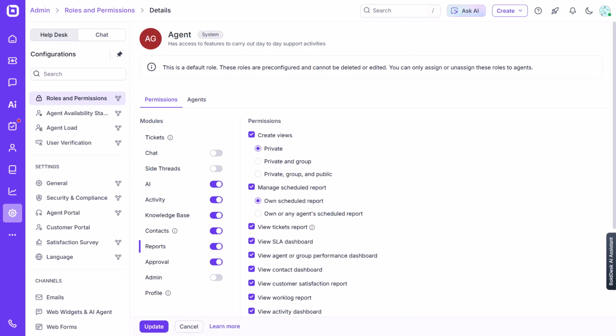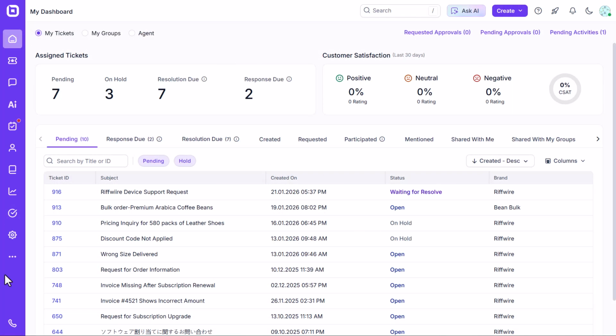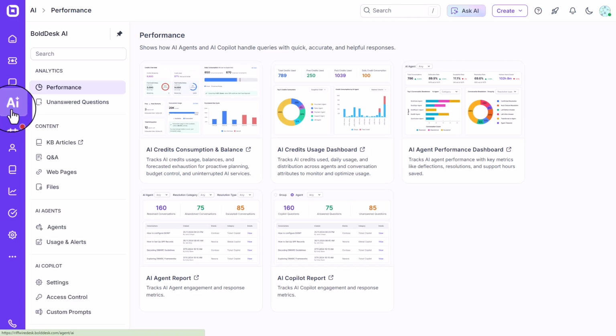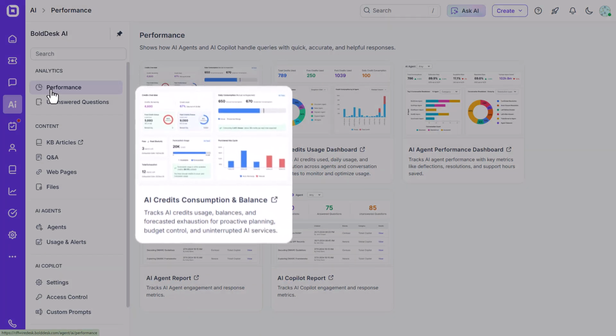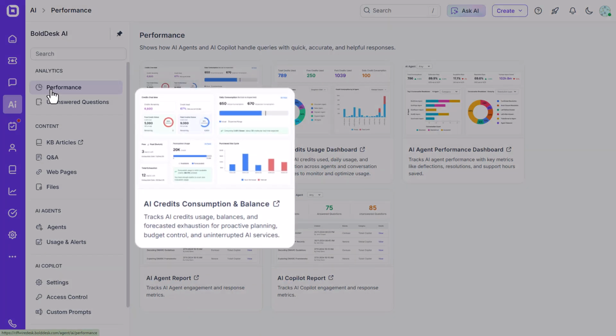To learn more about what permissions and roles are required to view AI agent performance dashboards, check out the video linked in the card and the description. Next, navigate to the AI module and click on Performance under Analytics. Here, you can access all the AI agent performance dashboards, including the AI Credits Consumption and Balance dashboard and the